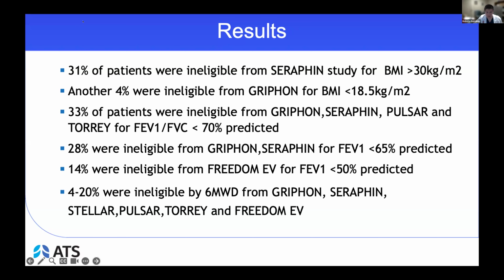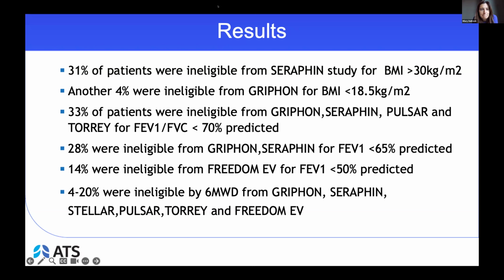Thank you, Shidim. Great, excellent work. I'm Hilary DeBrack. It looks like there's a question in the chat box, and I'll add on to that. It asks, were you able to break down the type of pulmonary arterial hypertension that was excluded, for example, the CTD population? I was also going to add portopulmonary, which was 9% of your group, and that was an exclusion criterion for all of those studies, so I imagine all of those patients were also excluded. Any information about type of pulmonary hypertension and how that impacted inclusion and exclusion criteria?